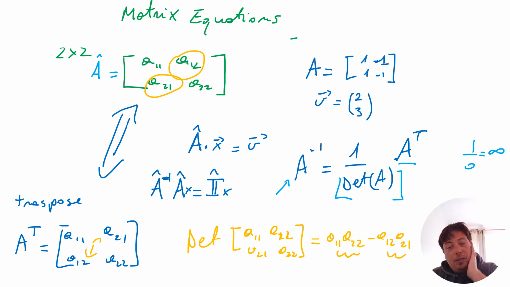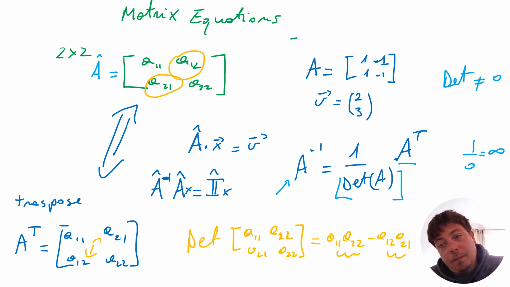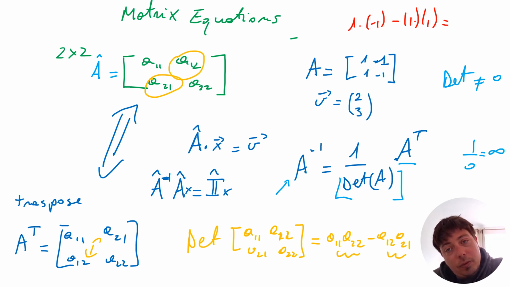So bear in mind that the determinant of a matrix needs to be different from 0 if you want to have an inverse of a matrix. Okay, so the determinant different from 0 if you want to have an inverse of a matrix. Now, this is good because our matrix in this case has a determinant which is different from 0, because 1 times minus 1 minus 1 times 1, which is minus 1 minus 1, minus 2, which is different from 0. And in fact, our inverse matrix would be,